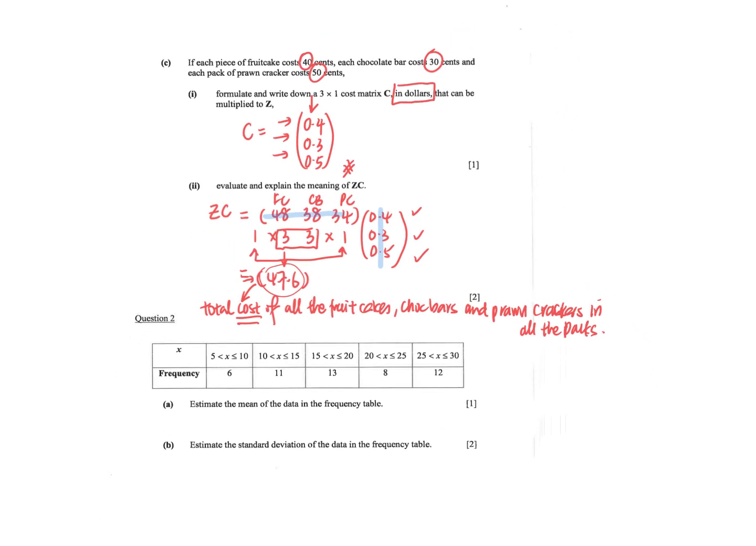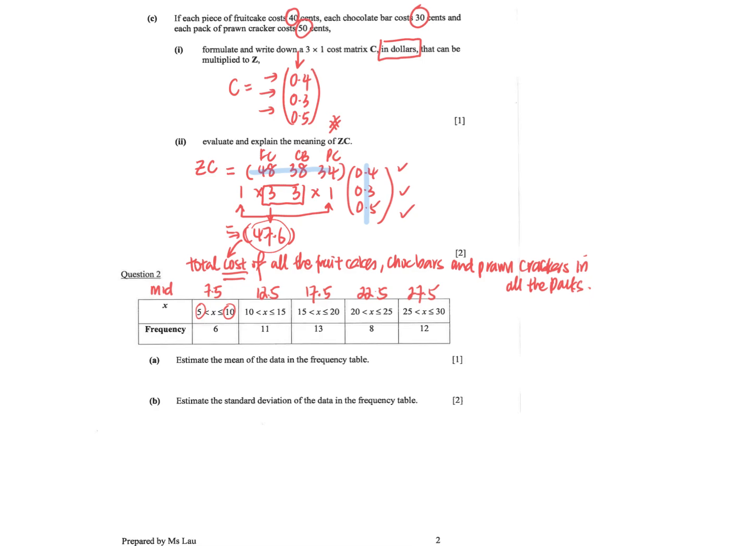Okay, next one I want to calculate mean. You need the mean value. So 5 plus 10 divided by 2 is 7.5, 12.5, 17.5, 22.5 and 27.5. So if you are calculating by formula, you will use this times this